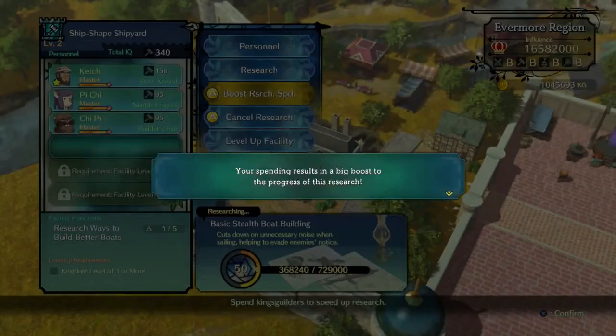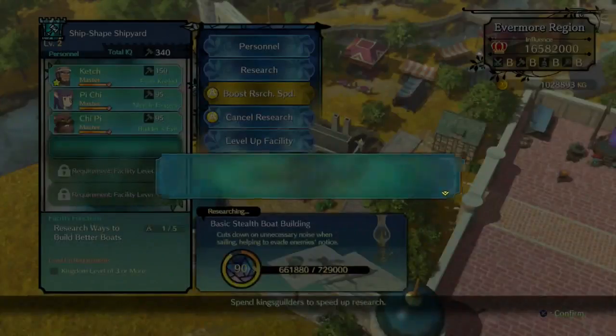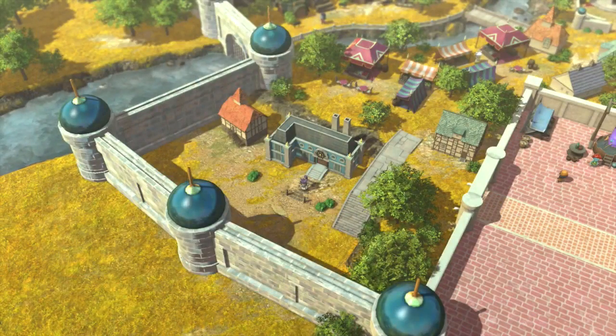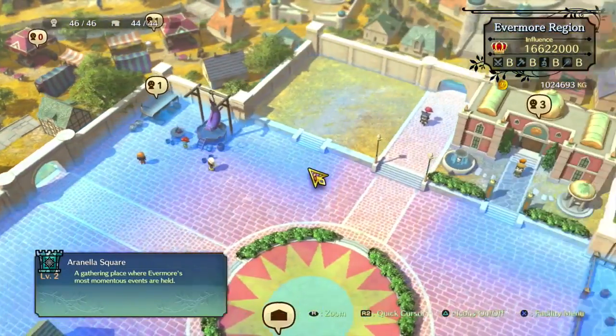And yes, I could wait on this, but frankly, I just want to show you guys how loose I am with my money, because it's that easy. Woo. I can't even level up because I still need level 3. There, research for the boat done. So now, we have all...